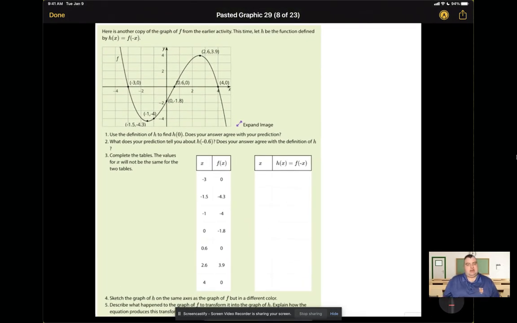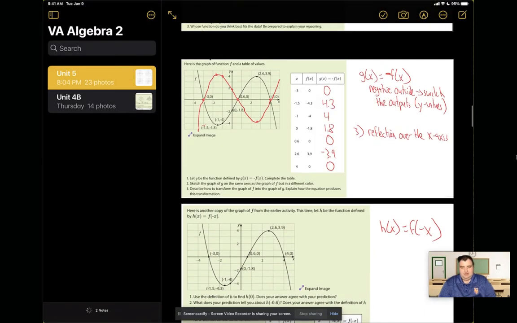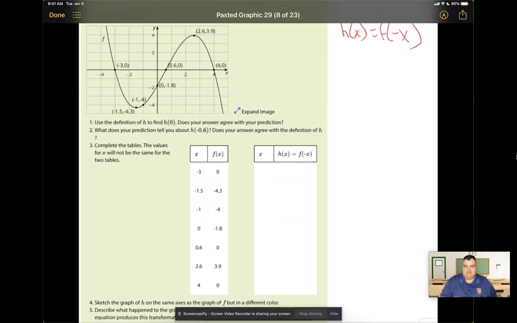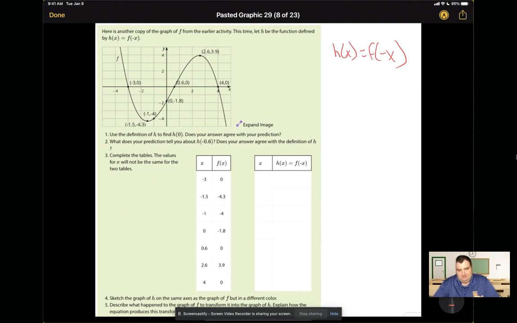So here is another copy of the graph of f from the earlier activity, from the examples we just did. This time, let h be the function defined by h of x equals f of negative x. Okay? So h of x equals f of negative x. So before, in the previous set of examples, remember, the negative was outside, so we switched the outputs or the y values. This time, the negative